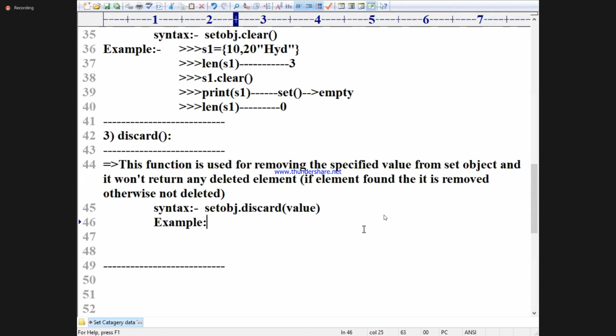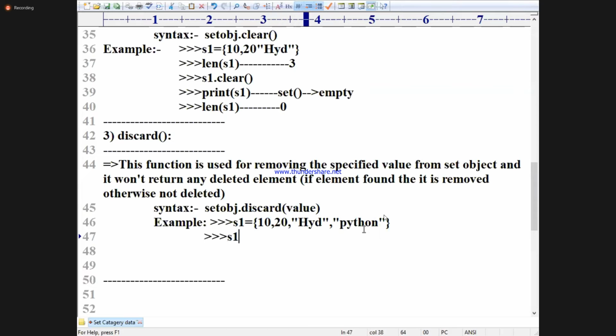Example please. S1 is equal to 10, 20, HYD, Python. S1 dot discard of 10.